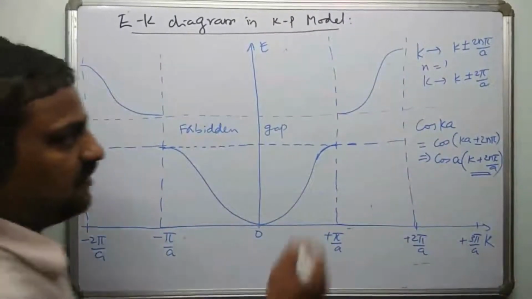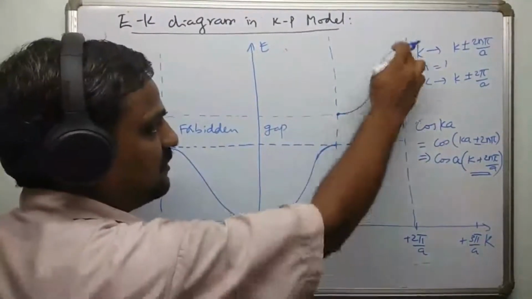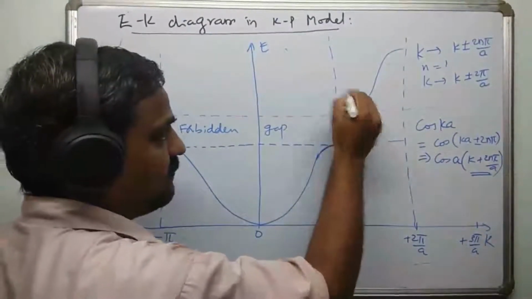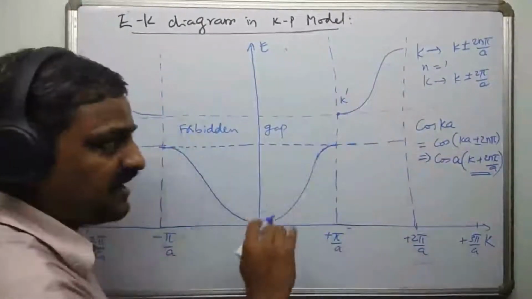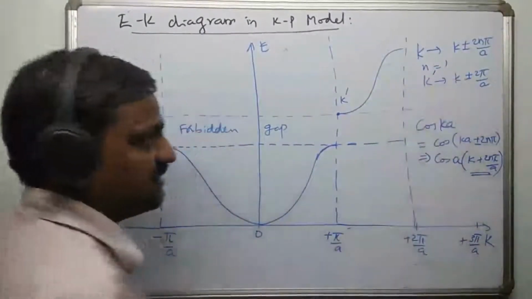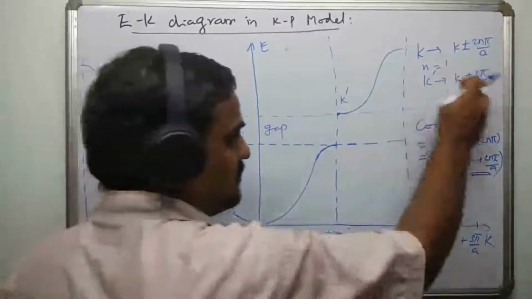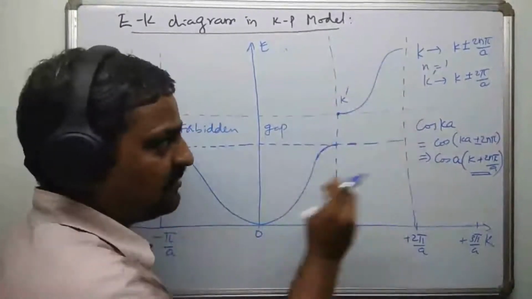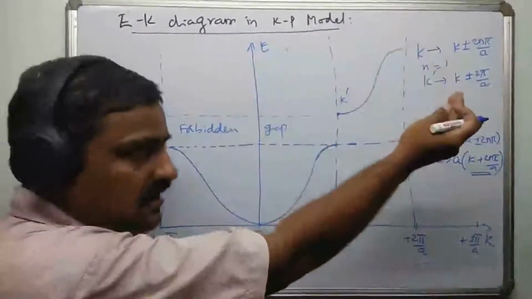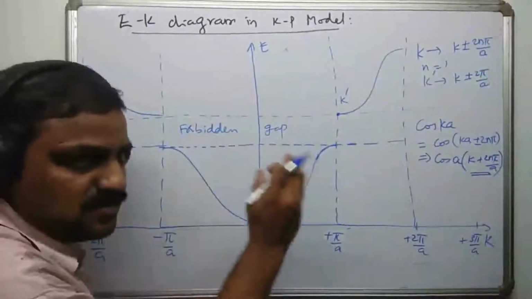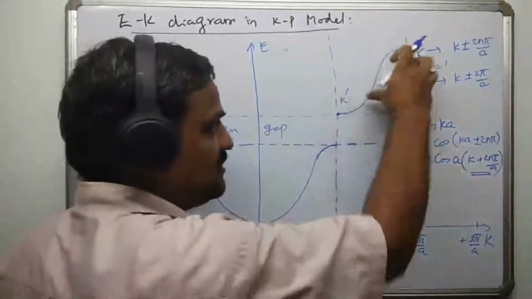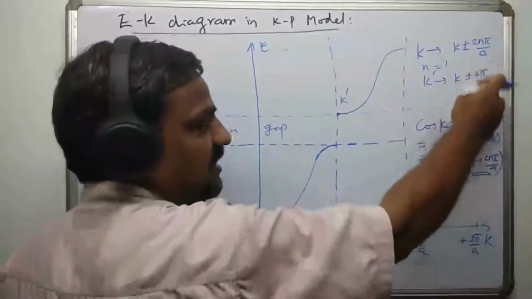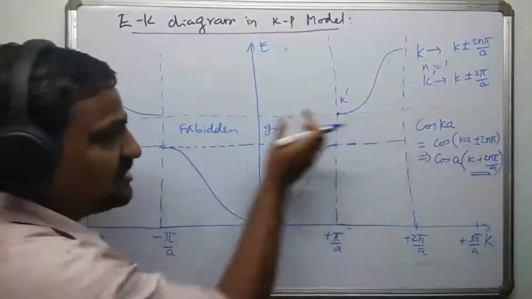Let me explain this. What is the value of this for this curve? It is actually 2 pi by A. As we know, this is one K, let me call it K dash. This K dash can be transformed as the same K plus or minus 2 pi by A. So no matter whether I put this curve here or shift it either plus 2 pi by A to the right or minus 2 pi by A to the left, it is going to be the same. So please look at this piece: because K is periodic with plus or minus 2 pi by A, I can shift the entire piece through 2 pi by A.